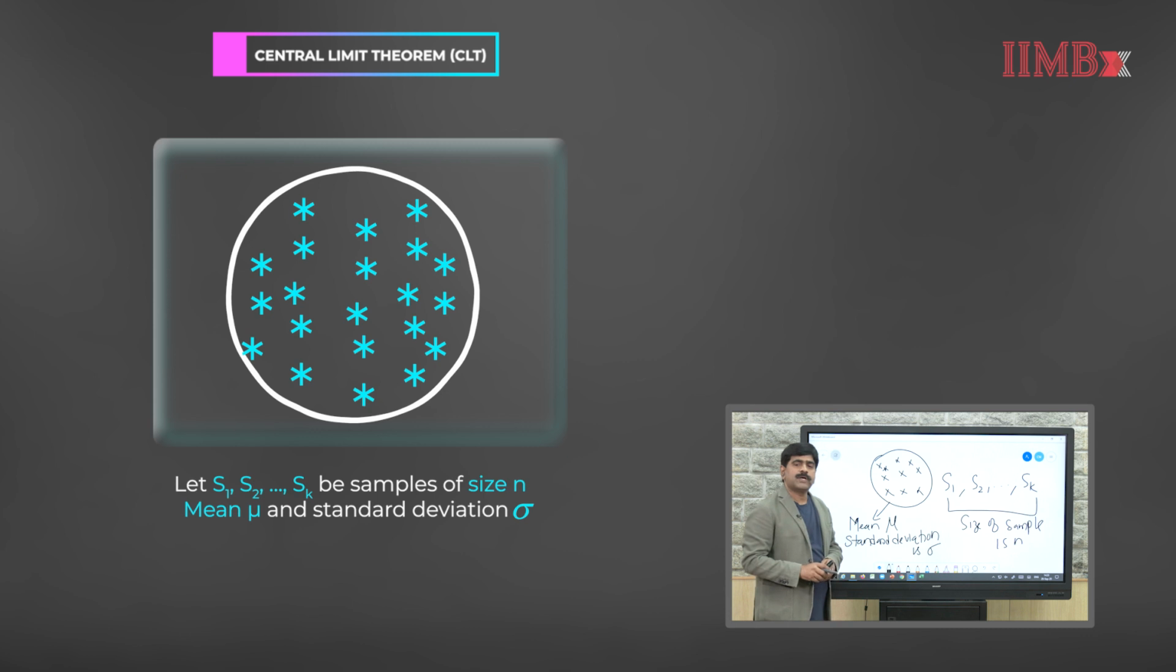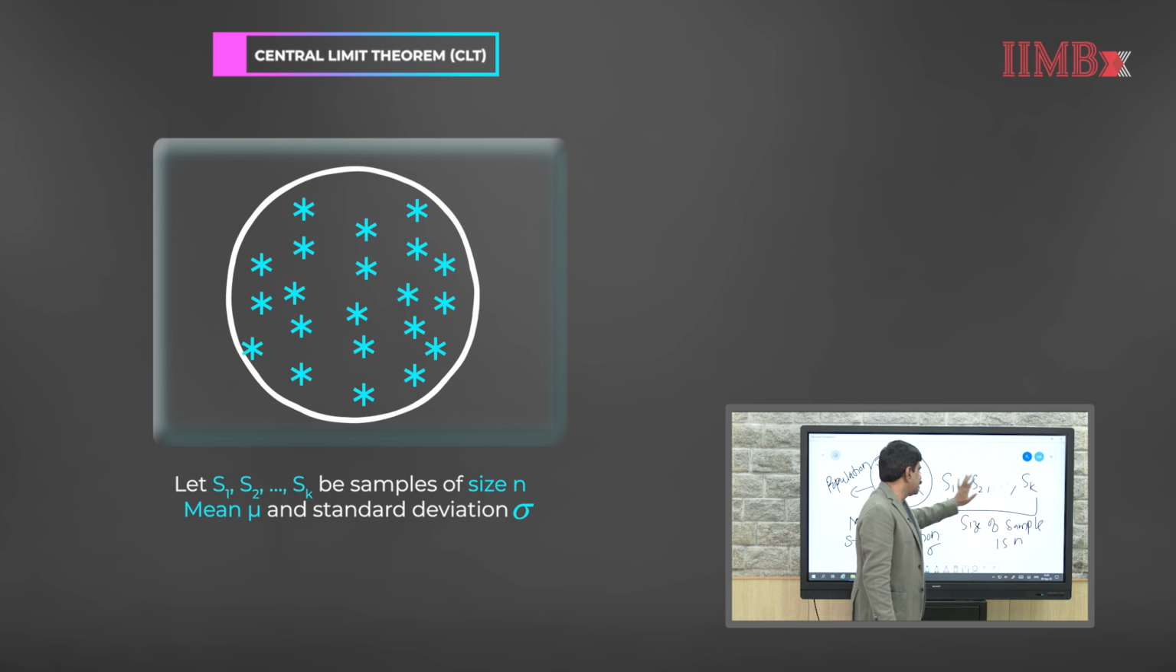So, let me repeat once again. We are looking at a population. So, this is the population where the records are independent and identically distributed, and the mean of the population is mu and the standard deviation is sigma. From this population we are drawing several samples. So, here I have shown k samples and the size of each sample is n,